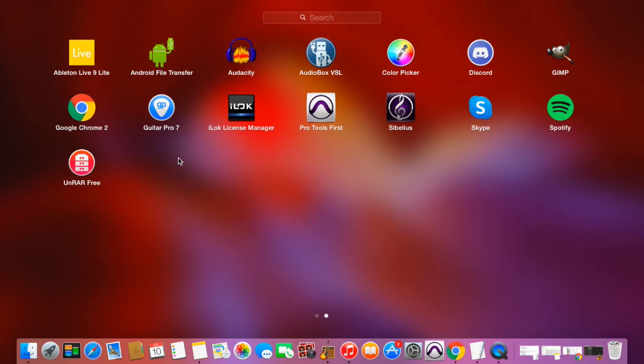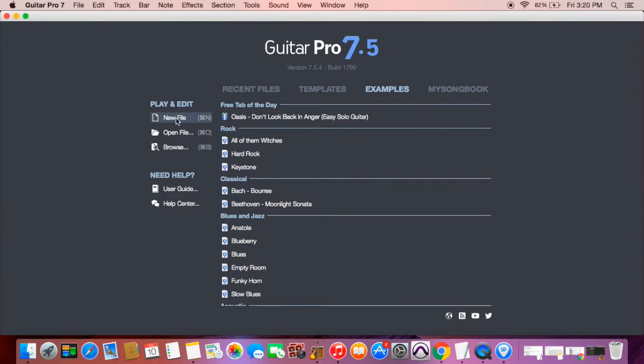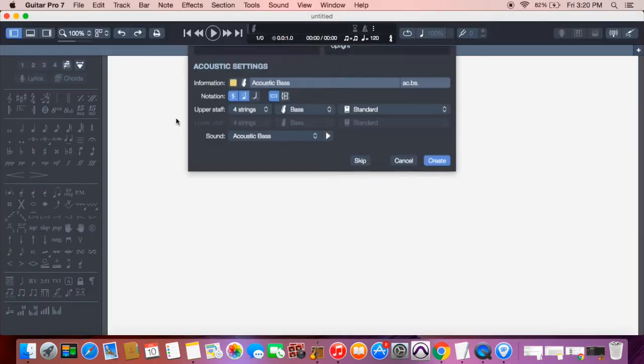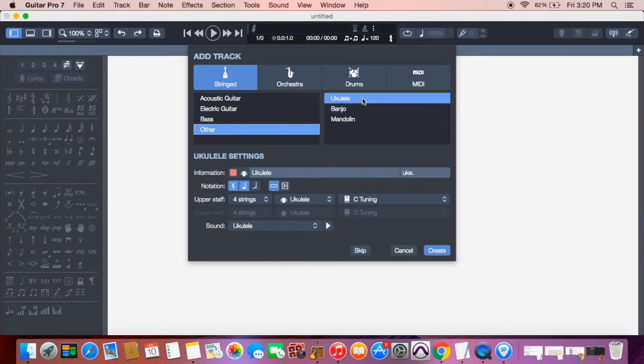Today we're going to be learning how to create a ukulele tab in Guitar Pro 7.5. So first we got to open the program, and then we got to go to New File. Now we have our instruments over here. We're going to be under Stringed Instruments. So we're going to go to Other. We're going to click on Ukulele